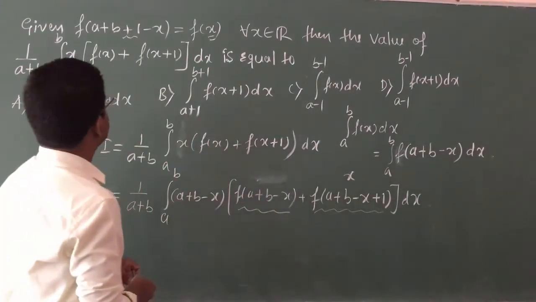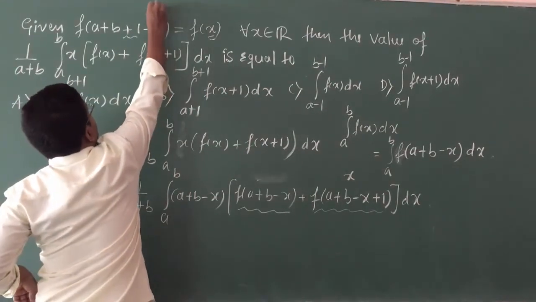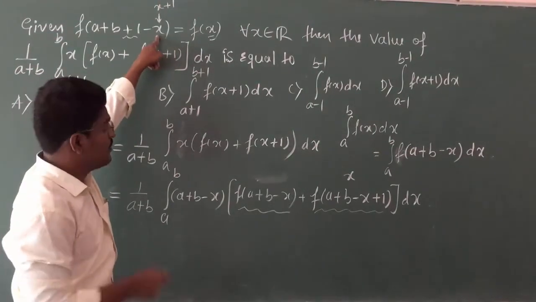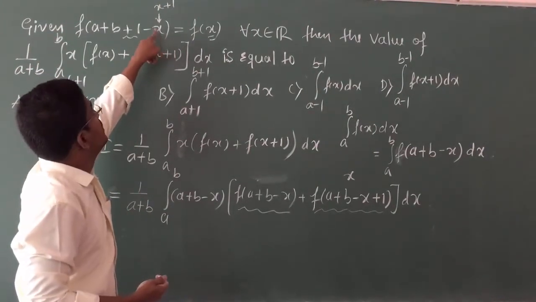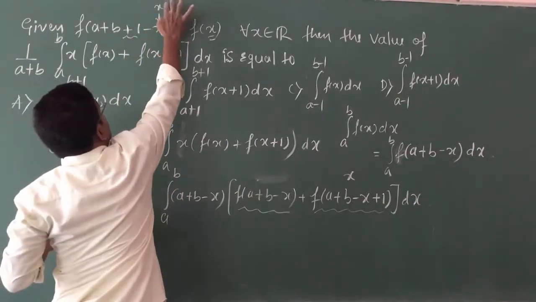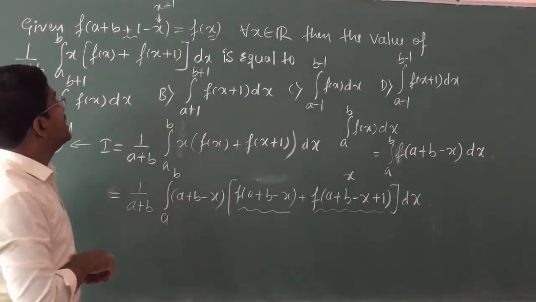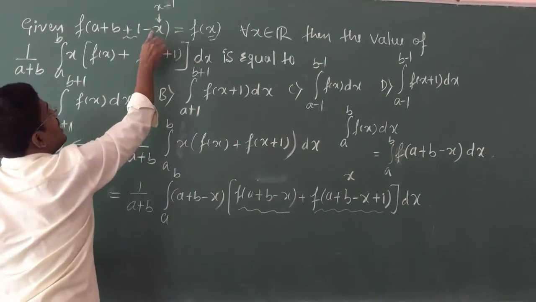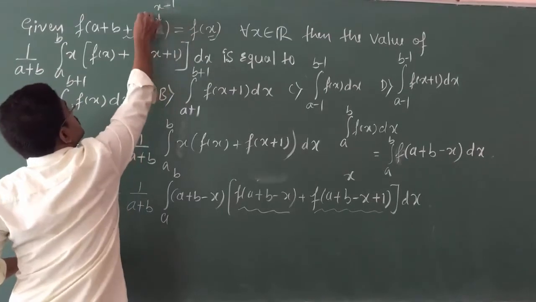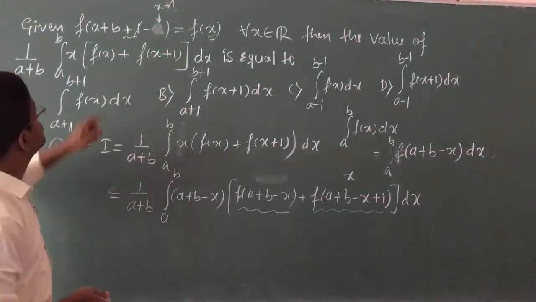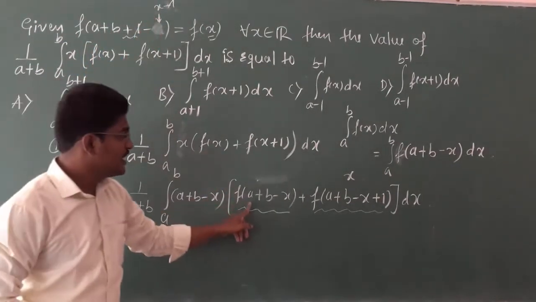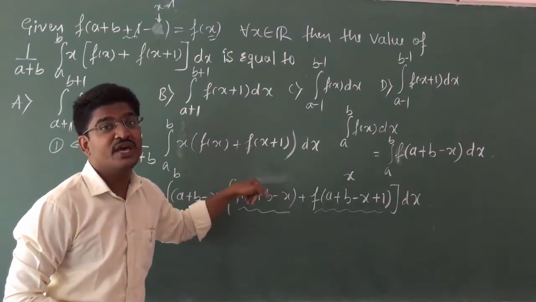Still, if you are confused, in the place of x, if I write x plus 1, what are you going to get? See, in the place of x, I will replace it as x plus 1. That means minus into x, minus into plus, it will be minus 1. So in the place of this, what you are going to have? Minus x minus 1. So plus 1 minus 1 will get cancelled. So the remaining term is a plus b minus x. You are going to have a plus b minus x. This happens when x is